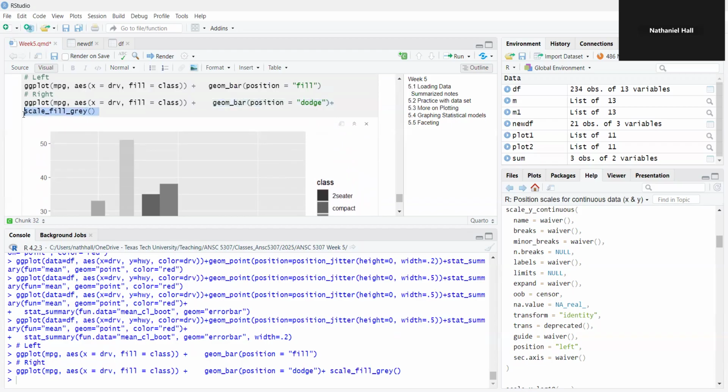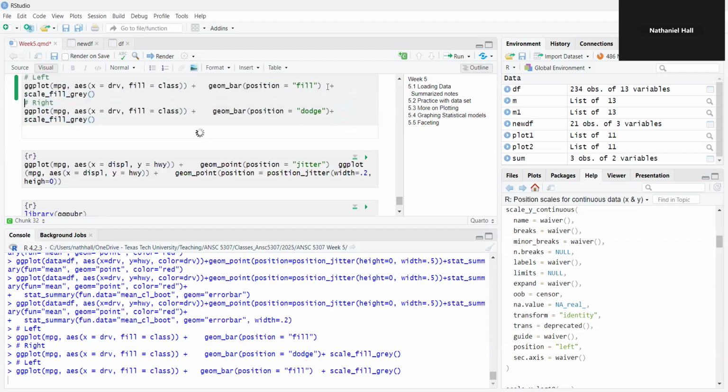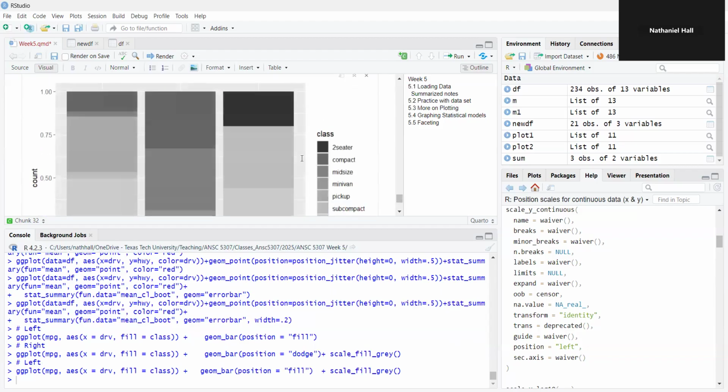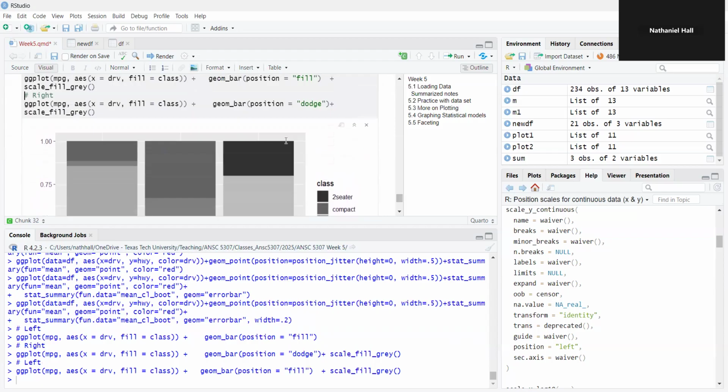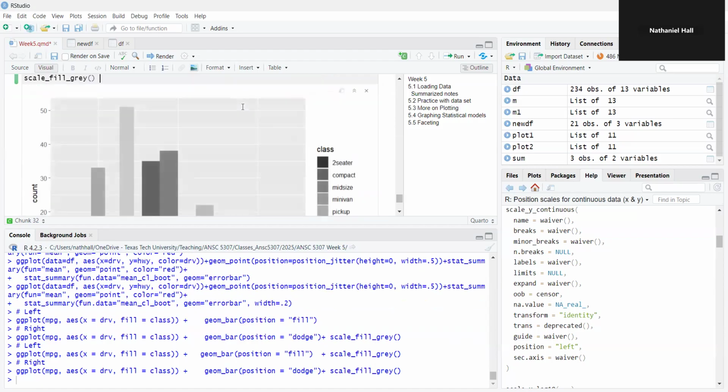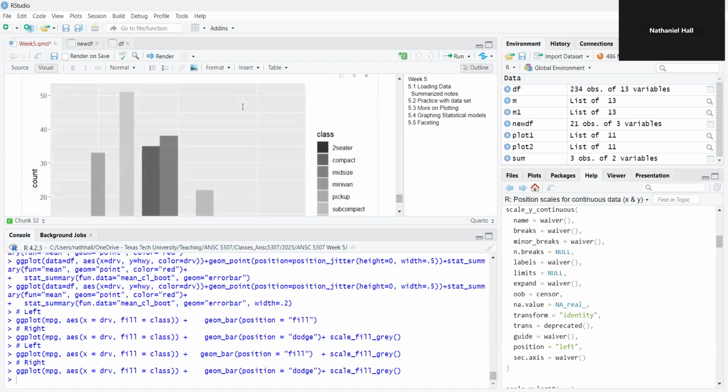Here is a simple code for a grayscale, and we can compare that to the same graph above that was not grayscaled. So same figure, but now we just move the bars left and right so that they're a little bit easier